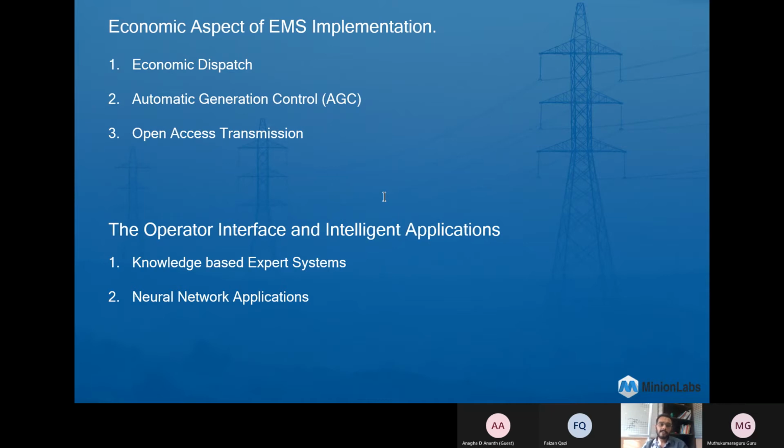The knowledge is encoded in the form of production rules, which allow the expert system inference engine. As such, an expert system allows one to set up the solution of a problem that otherwise would be impossible to formulate as a mathematical algorithm. So those are most of the applications in the EMS.